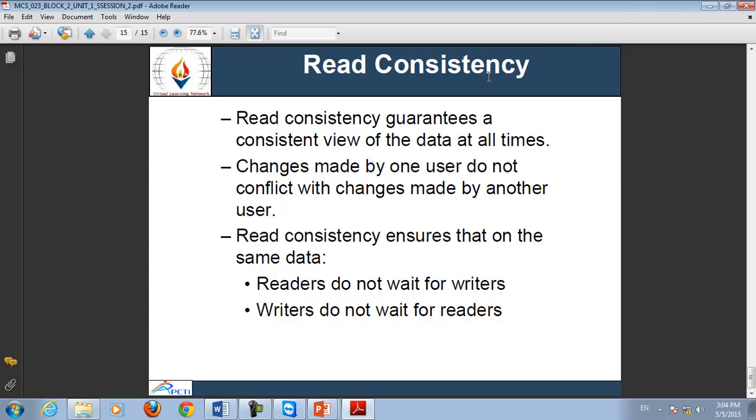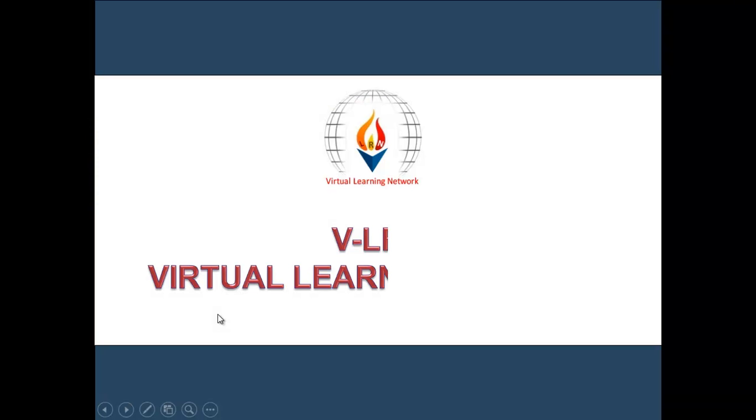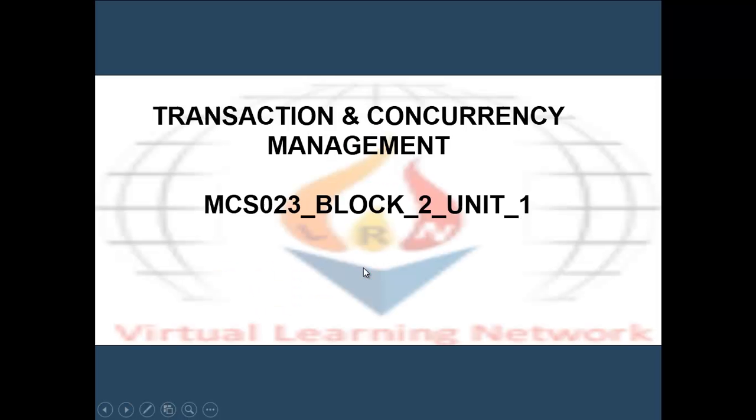This is the simple transaction management, or the use of commit and rollback statements in a particular transaction execution. Now, the next section is transaction and concurrency management.